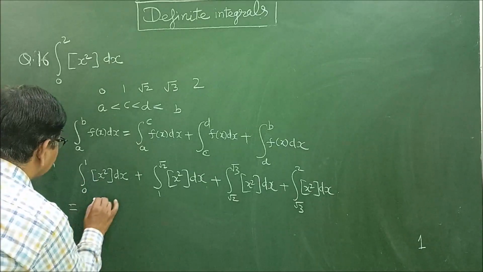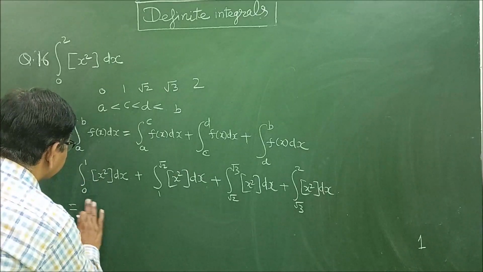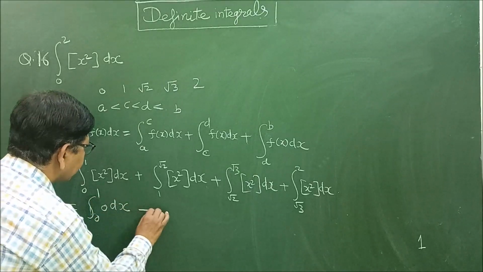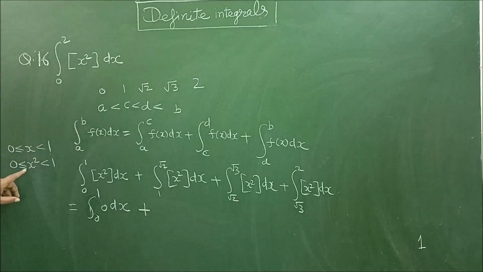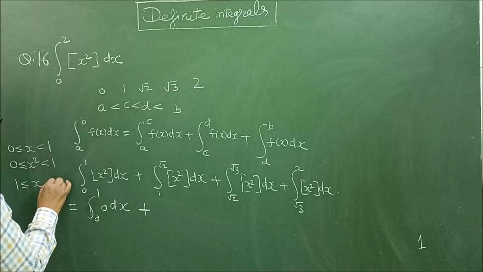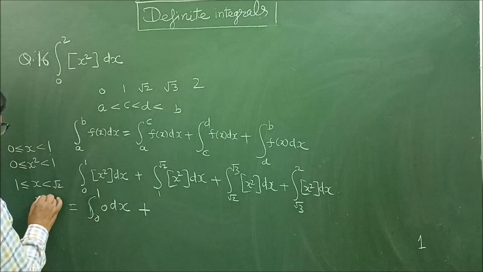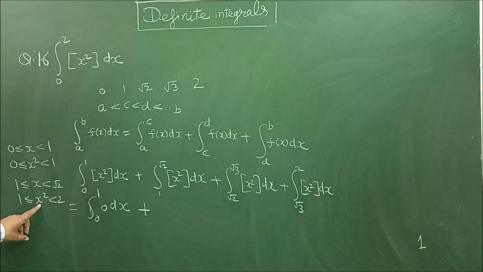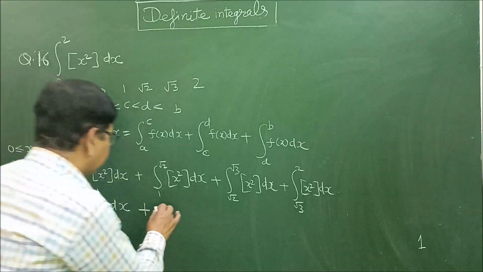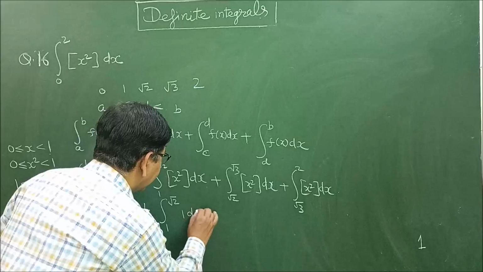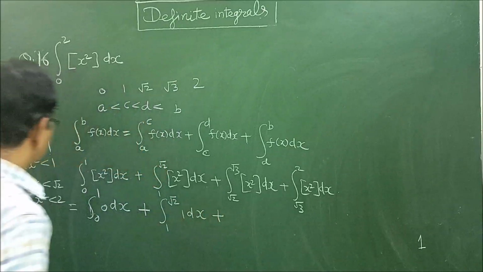That is, I can say this is 0 to 1 of 0 dx, plus when the value of x varies from 1 to under root 2, then x square will vary from 1 to 2, and the greatest integer x square will be equal to 1. So I can write this as 1 to root 2 of 1 dx,